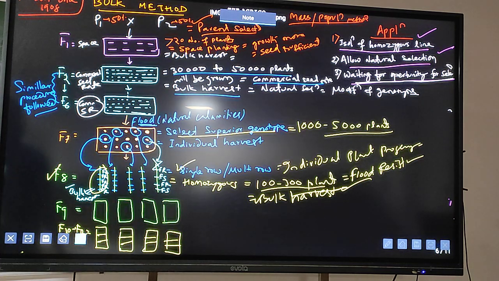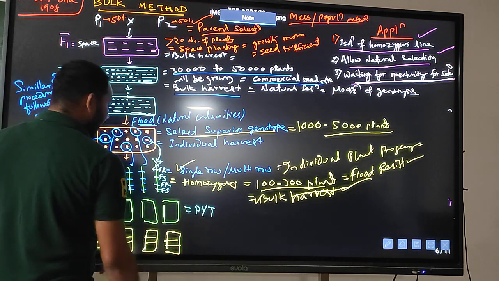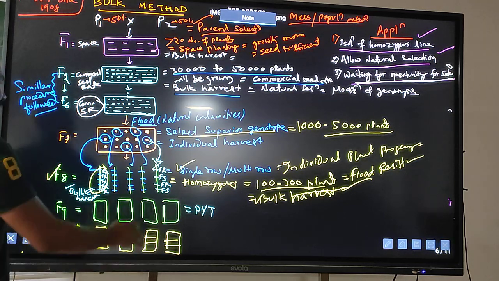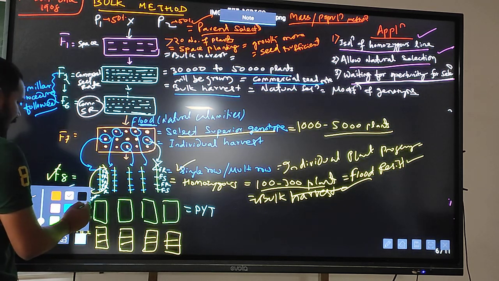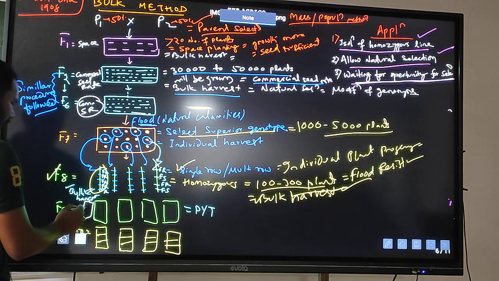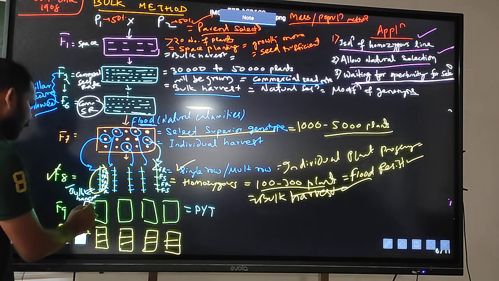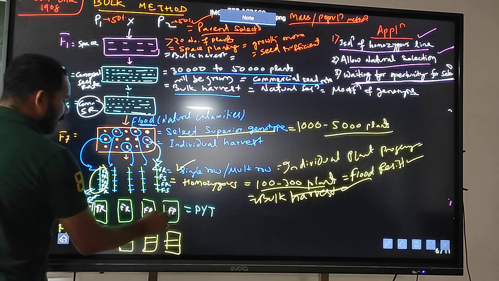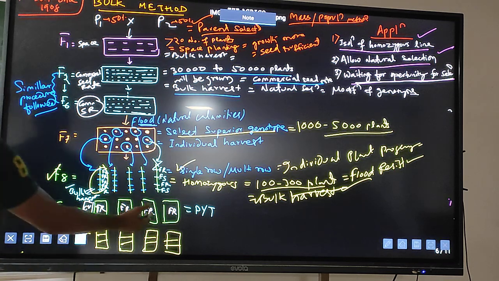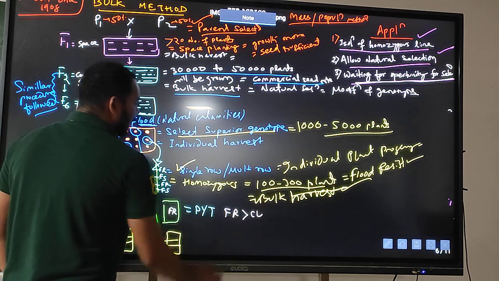Now in F9 generation, this is the preliminary yield trial. I have already told that in the preliminary yield trial, I will take a check variety, and I will check whether these are the flood resistant varieties I have developed. Under replicated yield trial, I will check whether the flood resistant variety yield is more than the check variety or not.